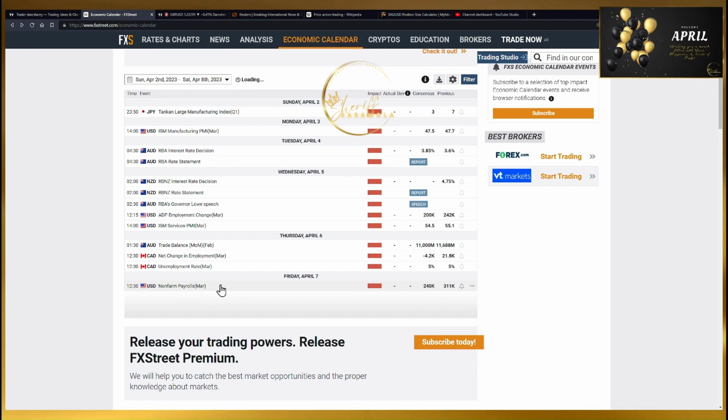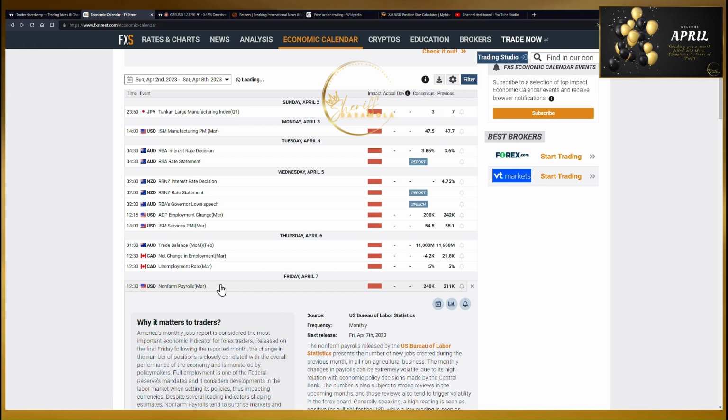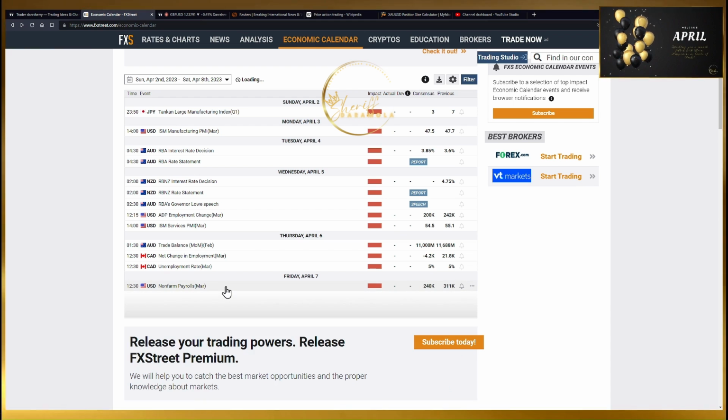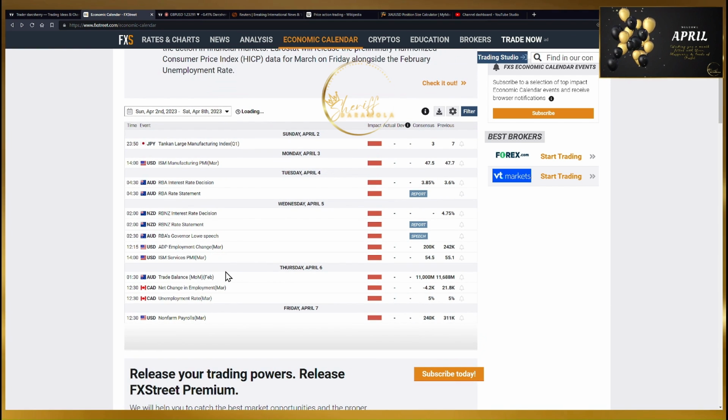And then on Friday, we have the almighty non-farm payroll, which is the monthly change in the payroll. It gives us an indicator of the new jobs created during the previous month. So these are events we are going to be looking forward to this week, and obviously major players in the market will be anticipating these events, and we shall be seeing the reflection of this anticipation on the chart